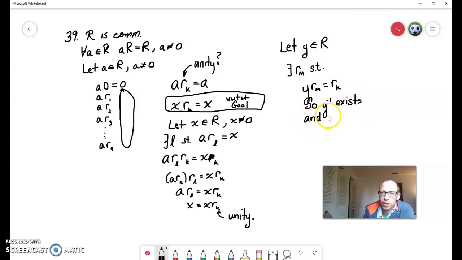and R is a field. It's a commutative ring with unity where every element has an inverse, so that's the definition of a